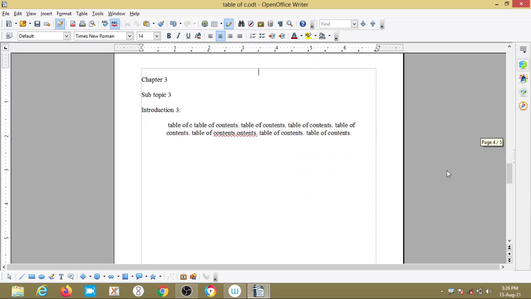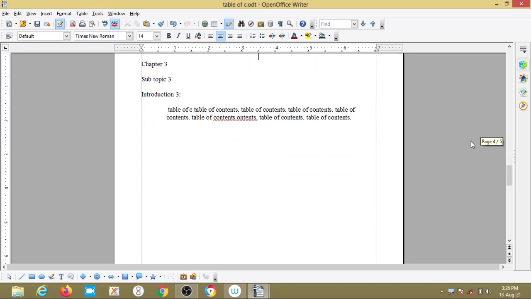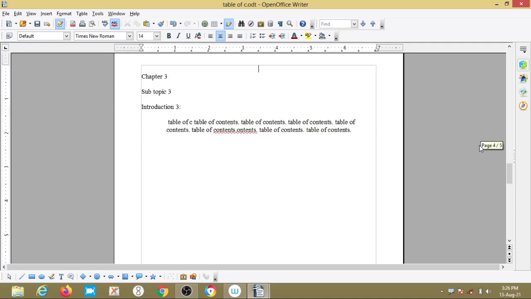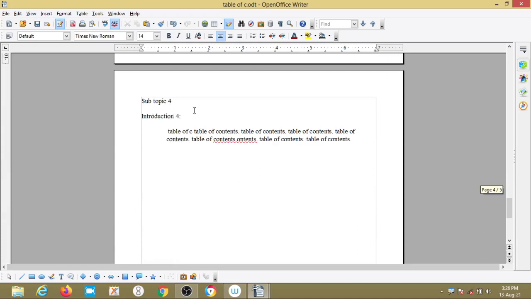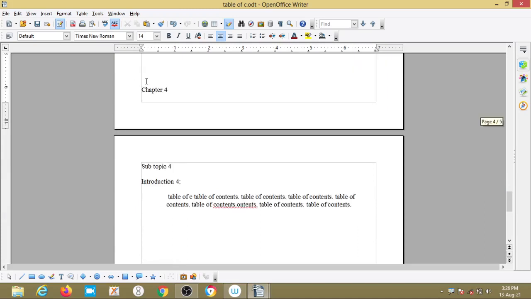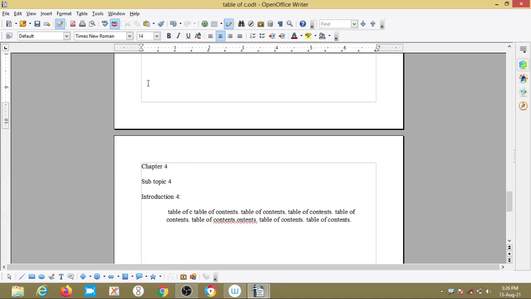See here, 5 pages total. How many pages? 5 pages. I am presently on the 4th page. So move on to the next. Here also the same thing: chapter 4, subtopic 4, introduction 4 and contents.